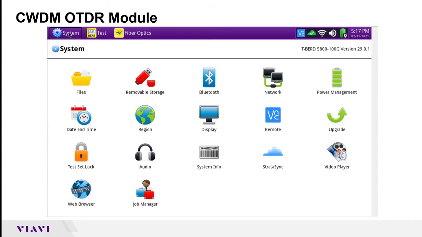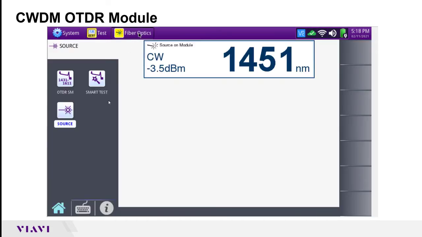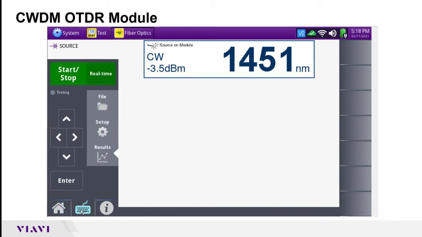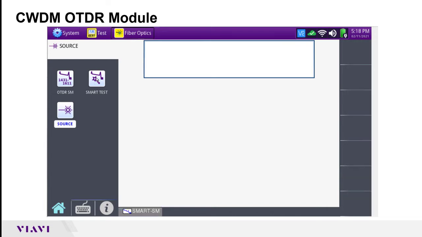I will now show you how to use the Smart Test OTDR mode when using the CWDM OTDR module on back of a T-BERD 5800. When you boot your T-BERD 5800 up, it may begin on the system screen or the BERT test screen, but you'll want to click on the Fiber Optics tab up on the top to access the fiber optic module. In order to see the main application screen, you'll press this home button down here in the bottom left-hand corner. So if the screen looks like this, just go ahead and press the home in the bottom left-hand corner to access the main applications. And then in order to enter the Smart Test, just press and click the Smart Test